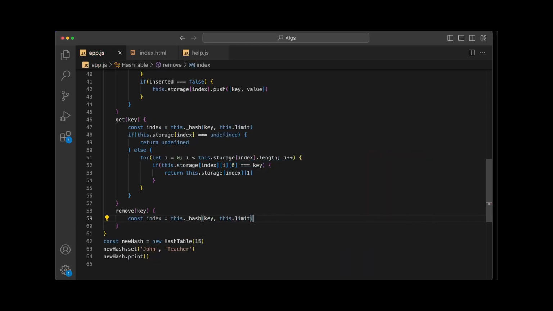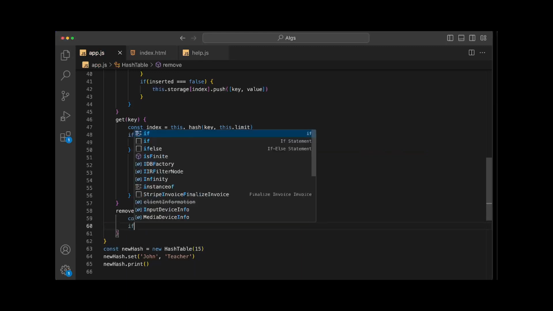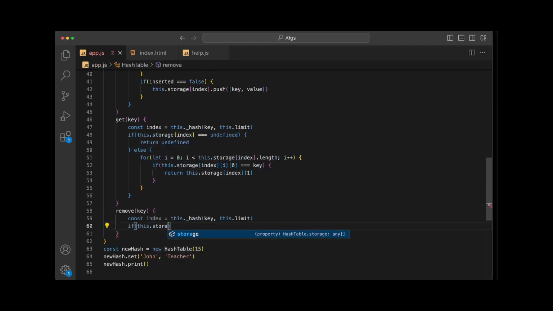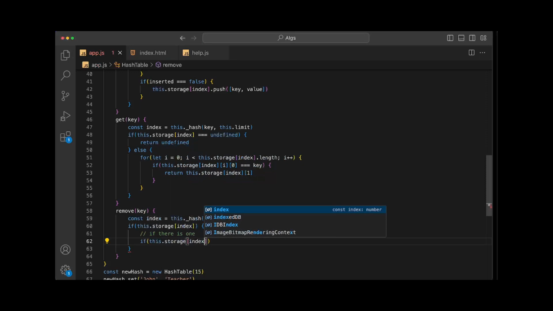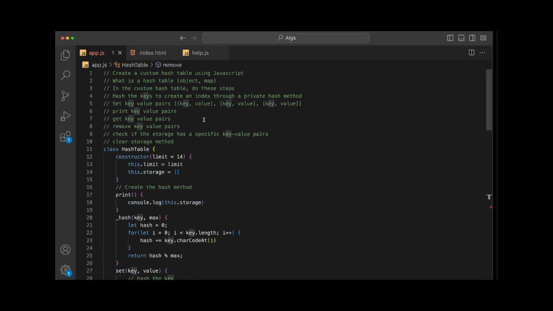We've done this a couple more times, so this should be easy. If this.storage[index] exists, let's check if there is only one. If there is one array with that index, we say if this.storage[index].length equals 1. So basically we are given a key, we search for the key, and if there is only one array in that